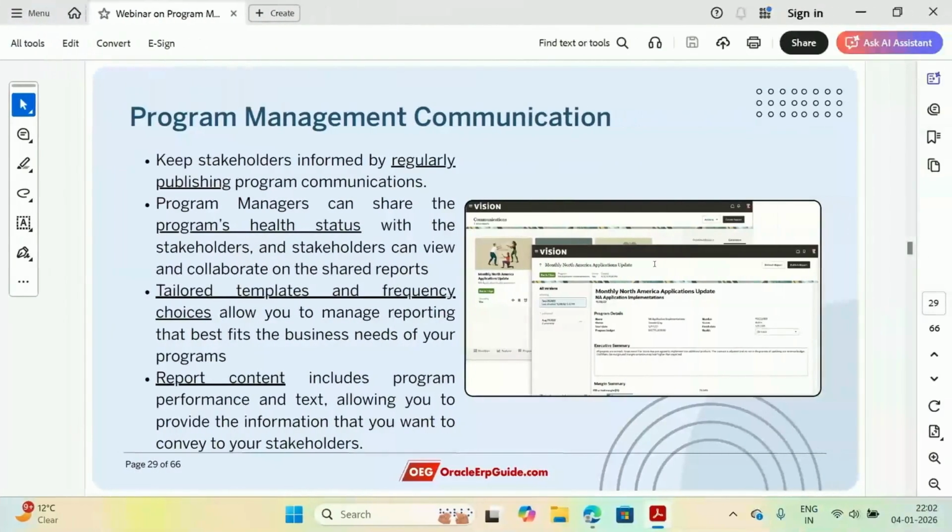Okay, so let's see. So what is this communication, right? It is nothing but reporting. So you as a program manager or contributor or owner of the program, one of your tasks is to keep the stakeholders or the higher authorities or executives informed about the health of the program by publishing the program reports regularly. Right. Objective is to share the health of the program with the stakeholders and to collaborate on